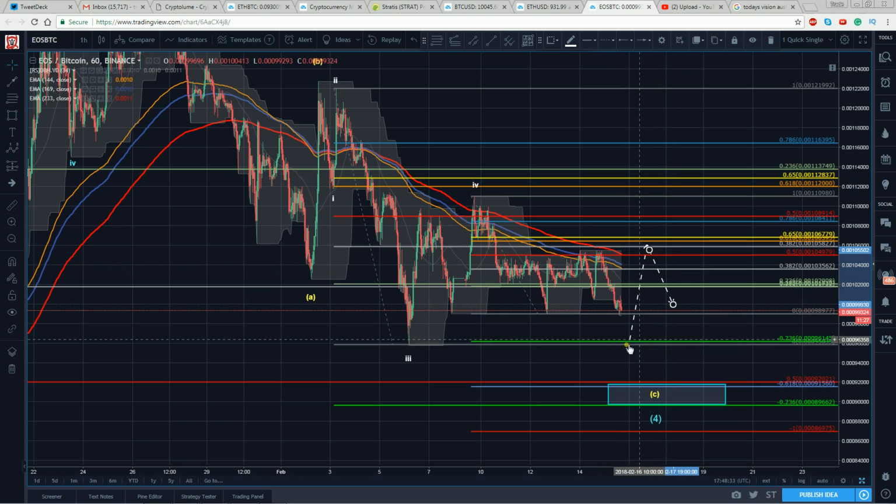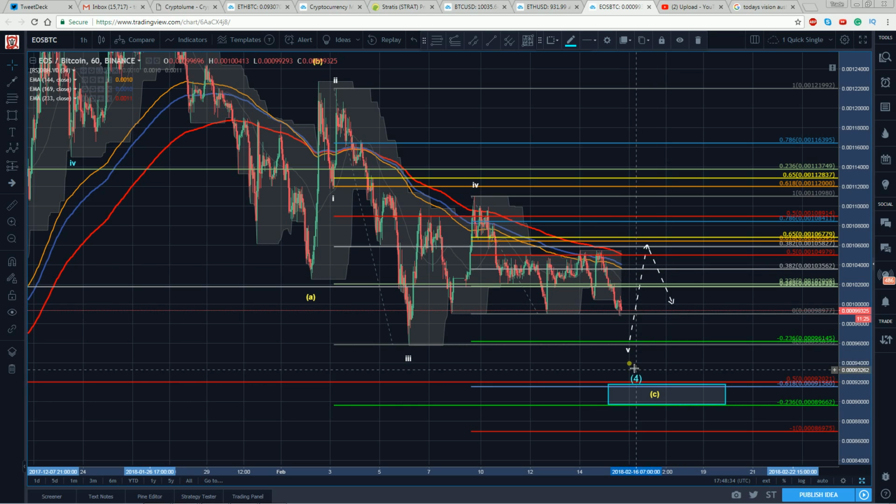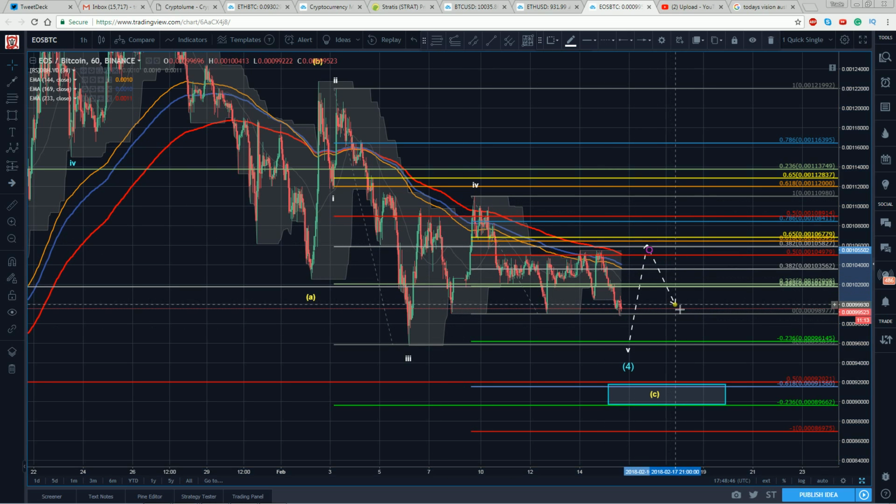Because if that's a pivot low, if that's our 4 low, if this ends up being it here, well, we're looking for a 5-wave structure to imply that the trend is back on. We got to get a 5, not a 3 like we got here. If we get a 5, then we wait for the 2. Where's the stop? Below the pivot, because then you're wrong. Then it's not done yet.